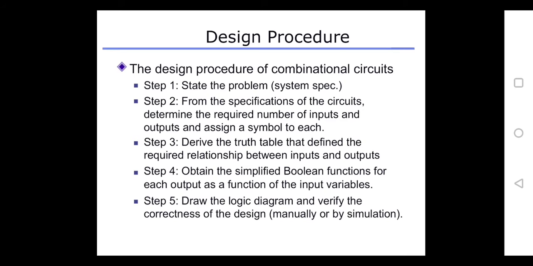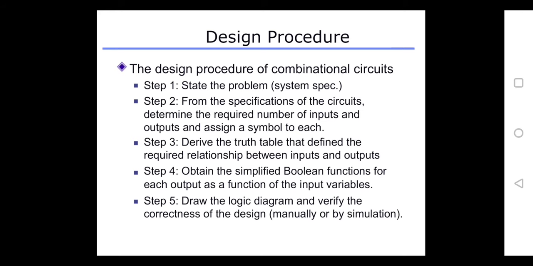The third step is to derive a table which gives the relation between input variables and output variables. Such a table is called a truth table. The fourth step is, from the truth table, we need to write down the SOP expressions for each output, which is called a Boolean function. The number of inputs present in a truth table represents the number of variables of the K-map, and the number of outputs represents how many K-maps we need to draw.